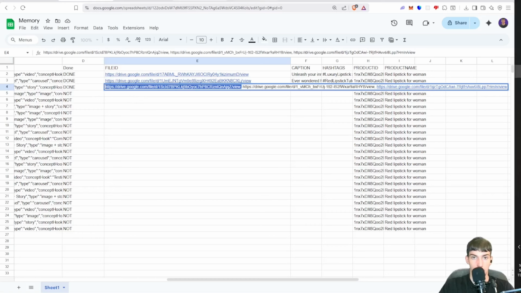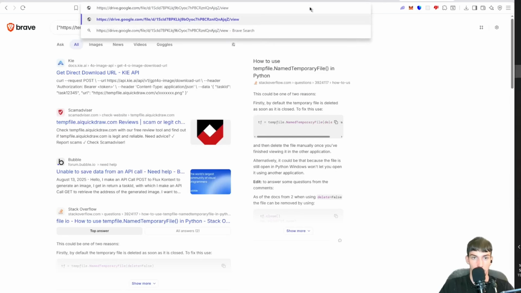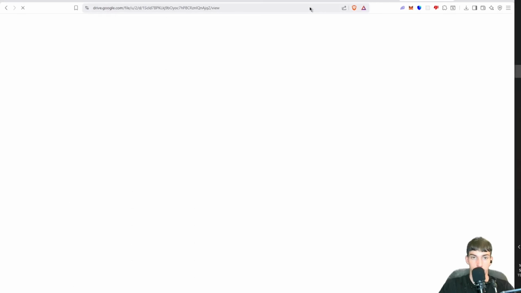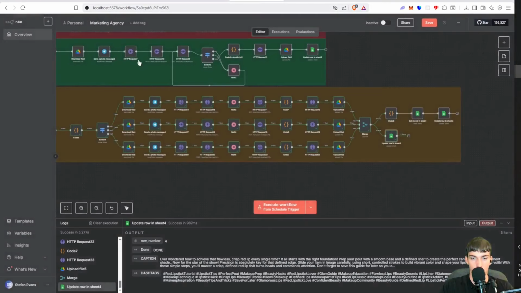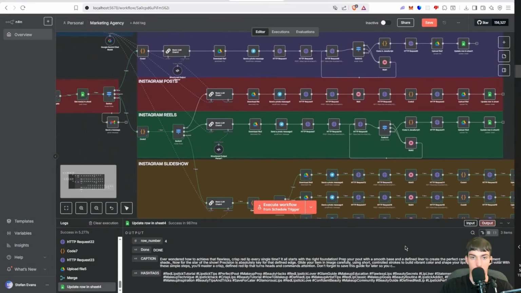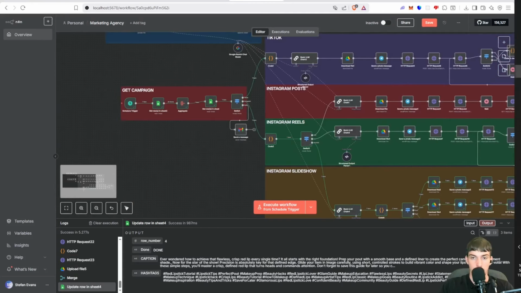So let me open that one. You can see based off of the product we inputted. So this slideshow one basically works the same as the single image one, just 3 times. So let's get into